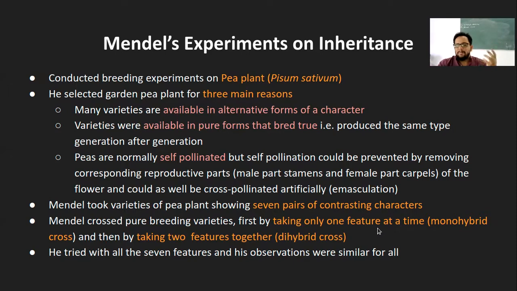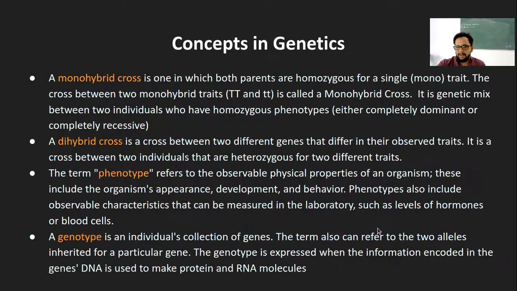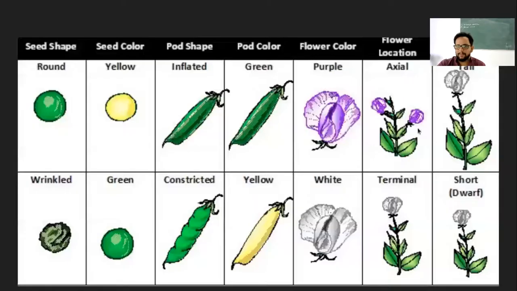That means a plant might have, let's say, I'll go back to this slide so it will be clear again. Let's say I am going to take only one particular character, that is flower color. Can be either purple or white. But let's say a purple flower can have green pod or can also have yellow pod. These are two different characters now on the same purple flower bearing plant. But I'm not looking at the second character. I'm ignoring it. I'm just looking at one character at a time, that is the color of the flower, and it is purple or white.